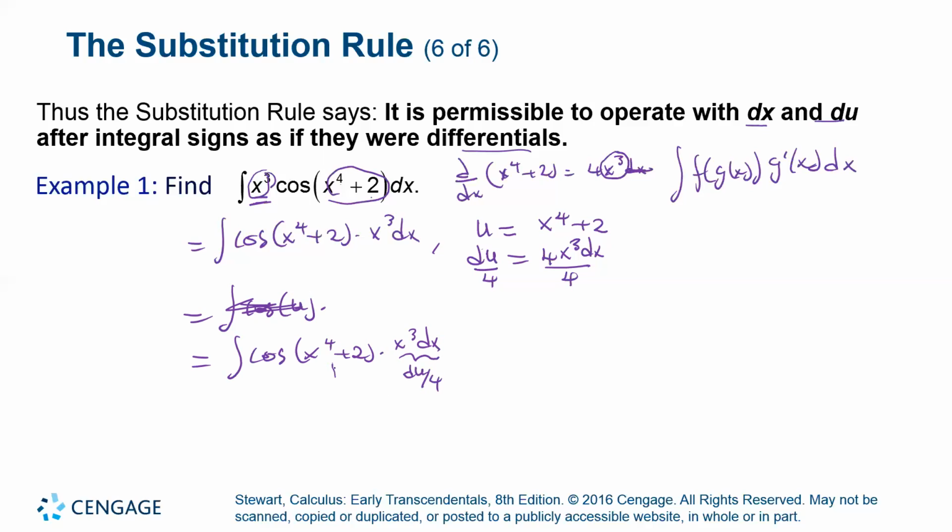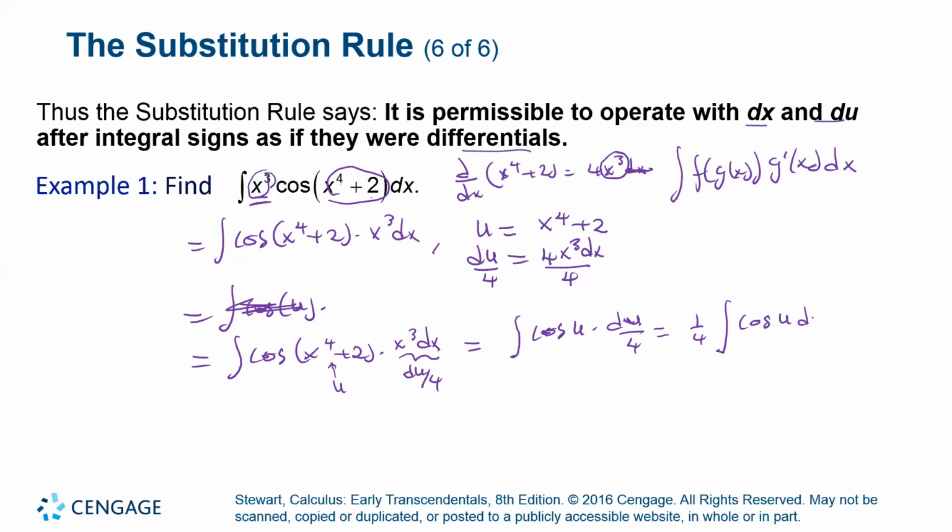And then I can have my u over there. And that gives me the integral of cosine of u times du over 4. Now, whenever you have this, you can bring the 4 outside and write this as the integral of cosine of